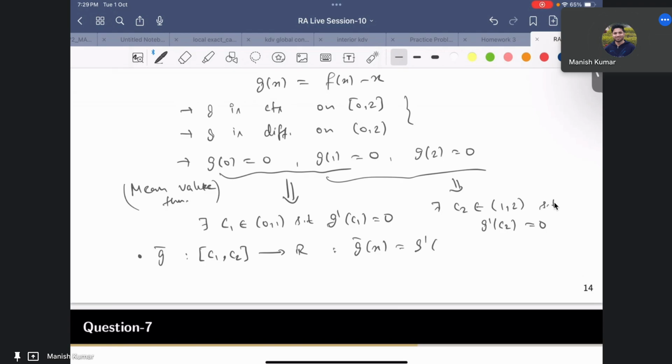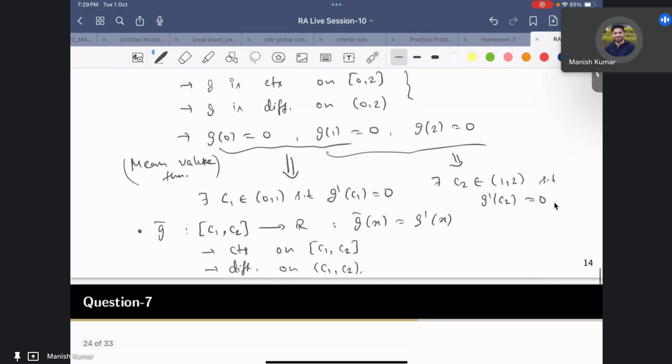So this is continuous on c1 c2, right, and it's differentiable on c1 c2, and g prime at c1 is equal to g prime at c2 is equal to 0. Okay, then again you can use the